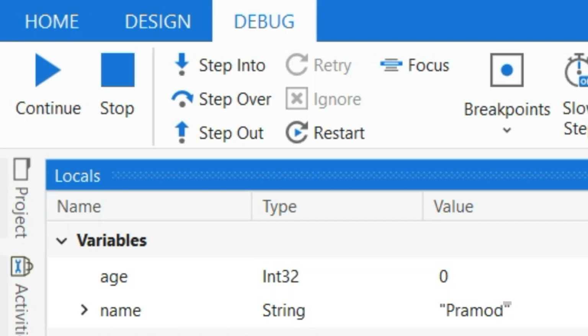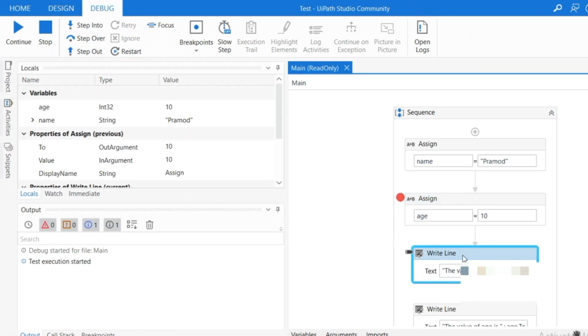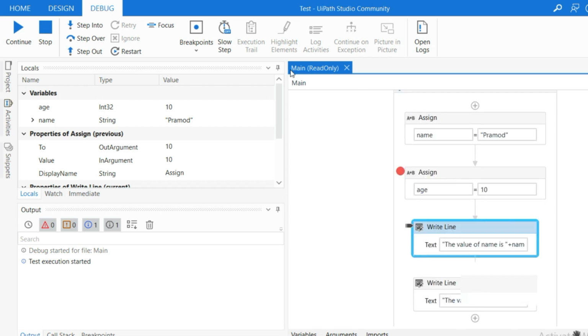So here I want this activity to execute and go to the next one, so I will use Step Over. I click on this. Now you can see the highlighted box has changed and it is highlighting the next box. That means the control is now at the next activity and the previous one was executed. You can see in the variable section that age now has the value because this is already executed. This helps a developer understand what is going wrong, or just understand how values go from one variable to another and how the values change. Okay, so this is how you can use Step Over to go to the next one.